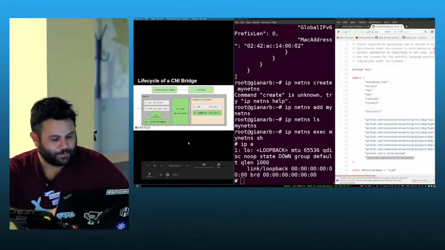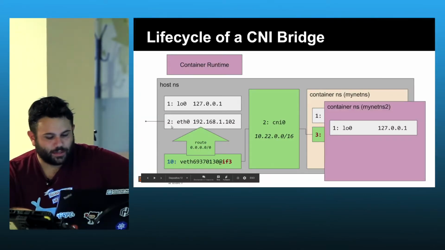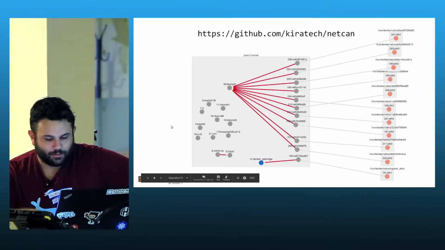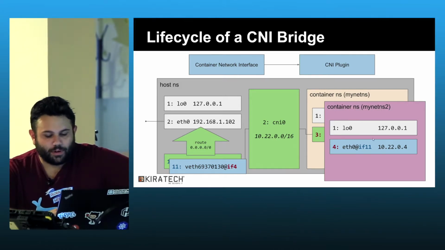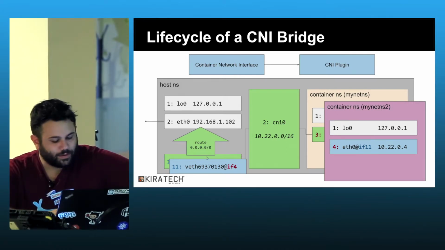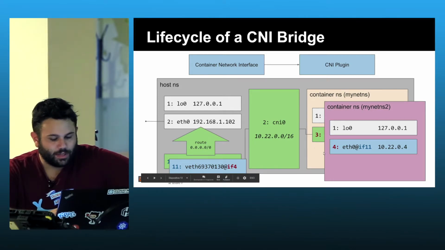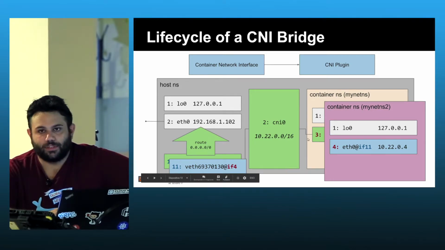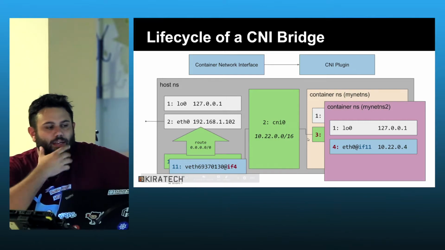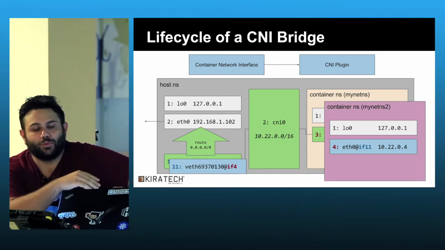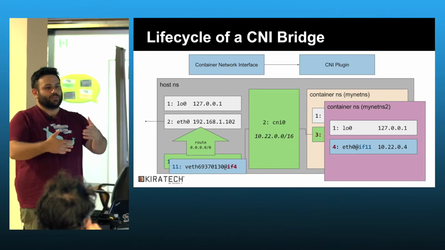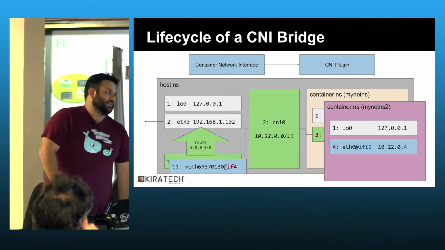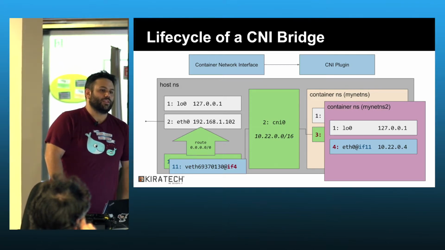Yeah. So that thing happens continuously. Even if you add another container, the plugin creates the pair interface, creates the interface on the host, but in this case the bridge is always there. So if you implement a CNI plugin, you have to implement it in an idempotent way because that's how CNI expects it to work. If you implement it in a non-stateful way,